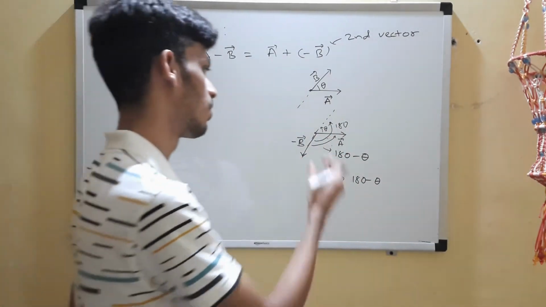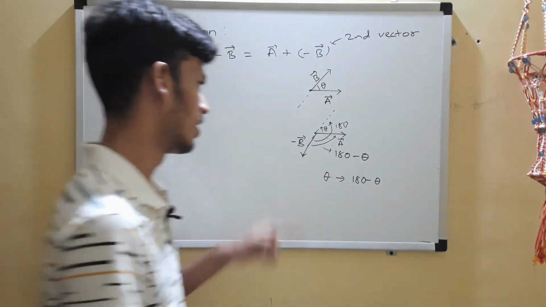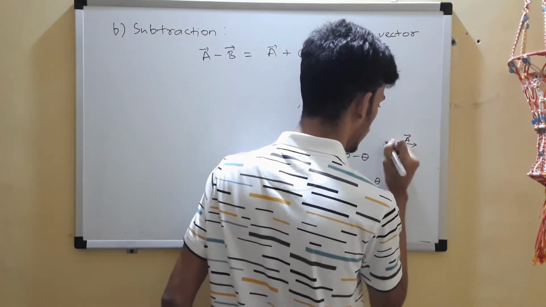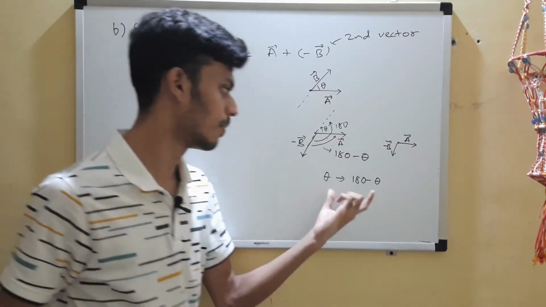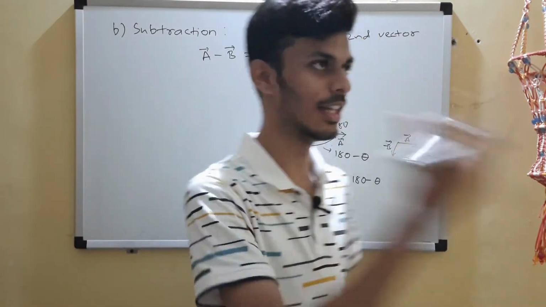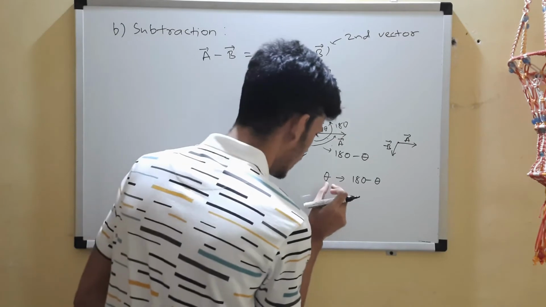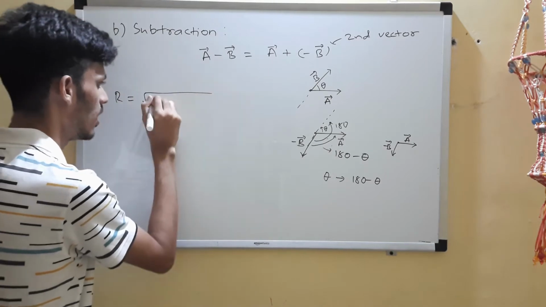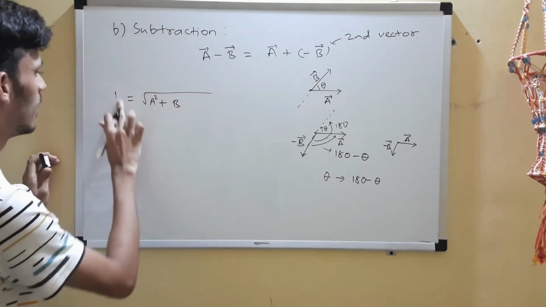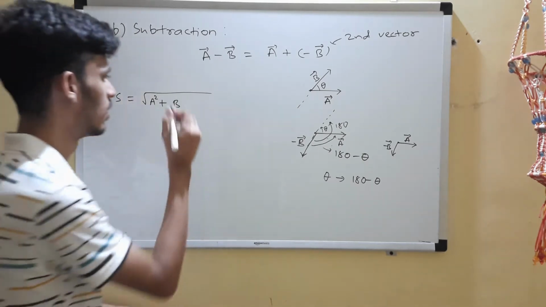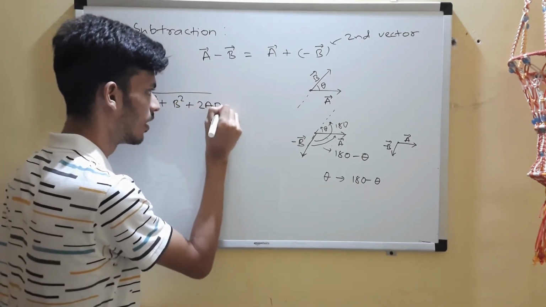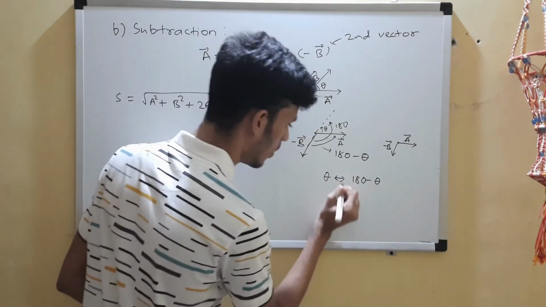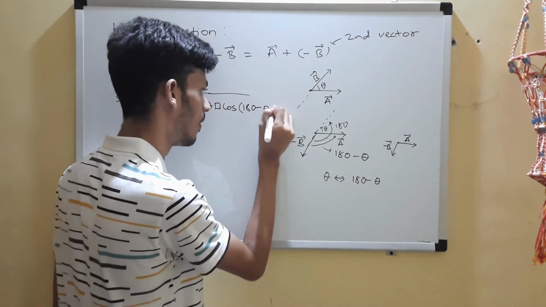Okay, you can also go by the same derivation for this. This is the figure, minus B and A, and you'll arrive at the same result that I'm going to tell you now. In the formula of addition that we derived, you have to just replace theta with 180 minus theta. So what was the addition result? It was a square plus b square, now we'll write it with a minus, because we are going for subtraction, plus 2ab, and now what is the angle? Cos of 180 minus theta, not theta. In place of theta, you have to replace it with 180 minus theta.